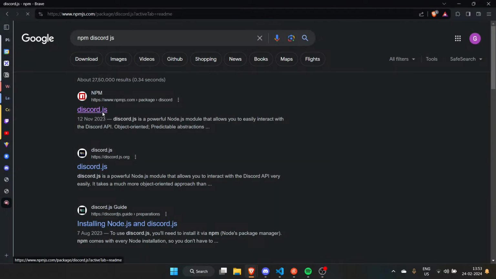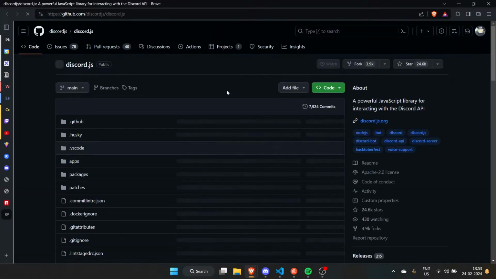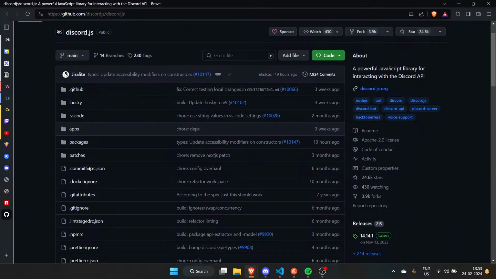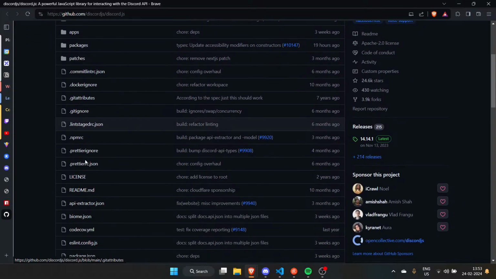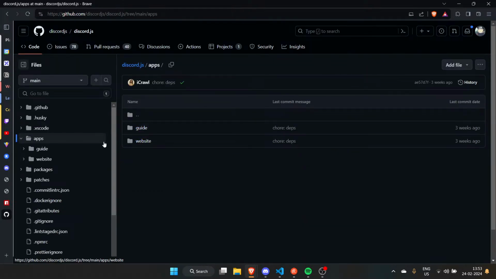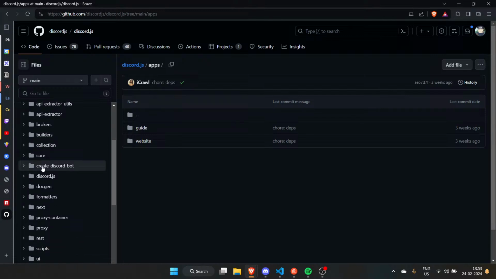So in Discord.js, let's go to their GitHub and look at the apps, probably the guide website. Nah, probably no. Package, create Discord bot. They have like 10 packages.